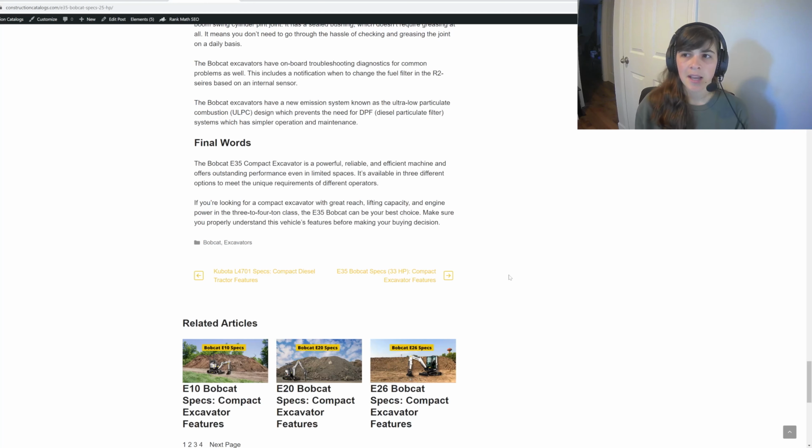But if you have, let's say we are writing an article that the excavator arm is stuck. If there are no differences between the E10 and E20, I would combine the two and I would say how to fix excavator arm on E10 and E20. So that way you're covering both queries, but you're not creating two separate articles,